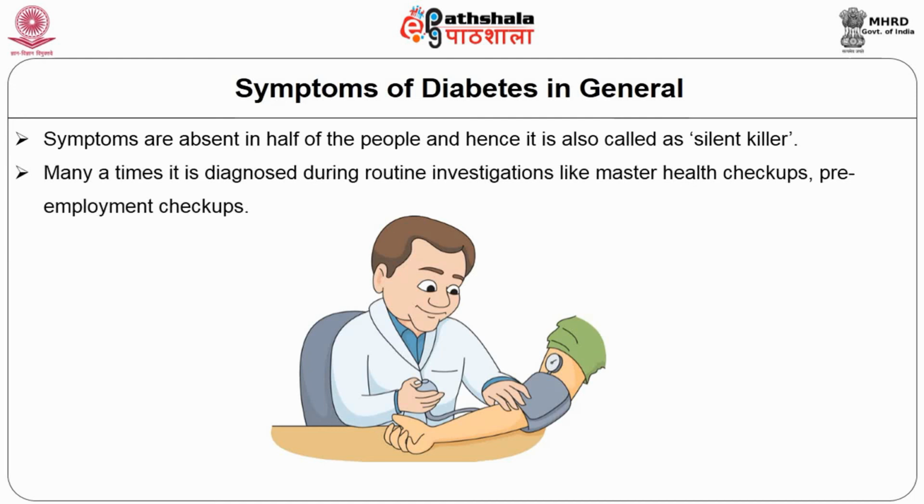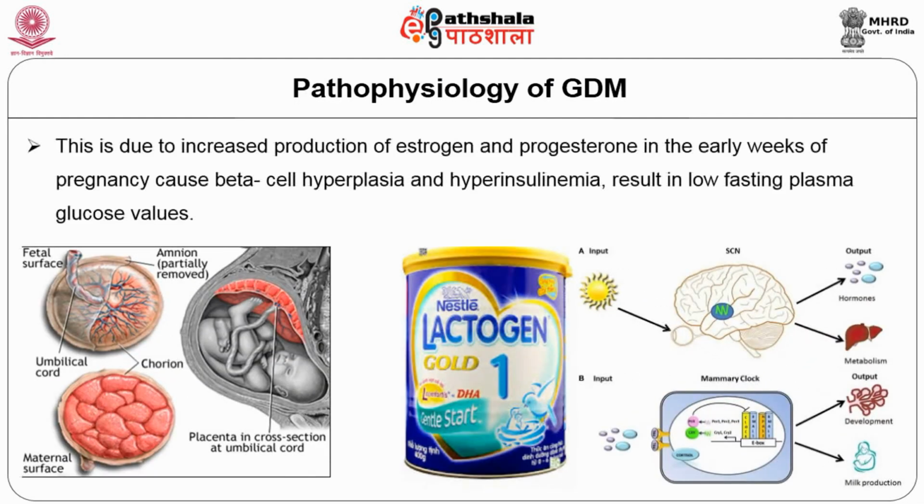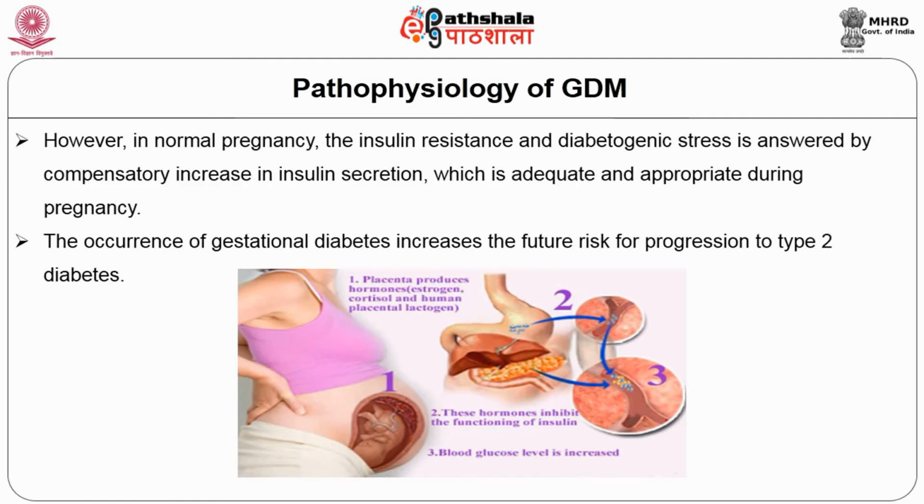The symptoms of diabetes in general. Now we know the pathophysiology, how it is expressed clinically. Some may develop symptoms like excess urination, polyuria, thirst, and excess hunger, and some have urination at night or bad breath and sudden weight loss or itching in the private parts or extreme tiredness, numbness, tingling sensation, or a wound which will take a longer time to heal. They'll think of diabetes. Frequent infection, but